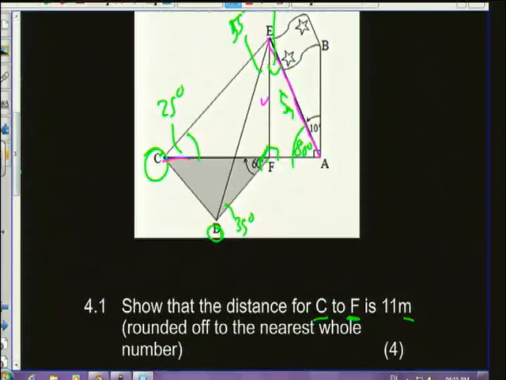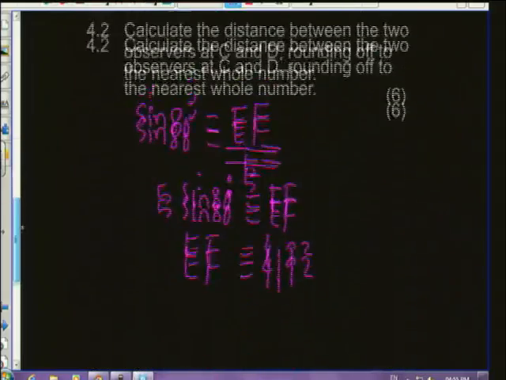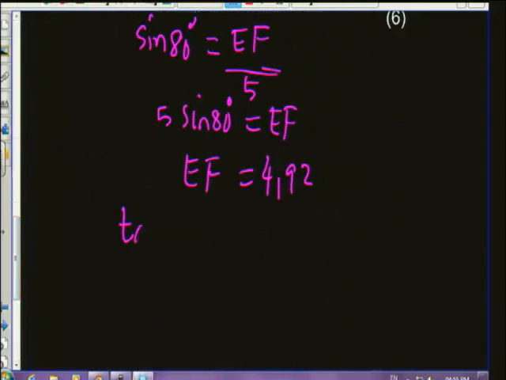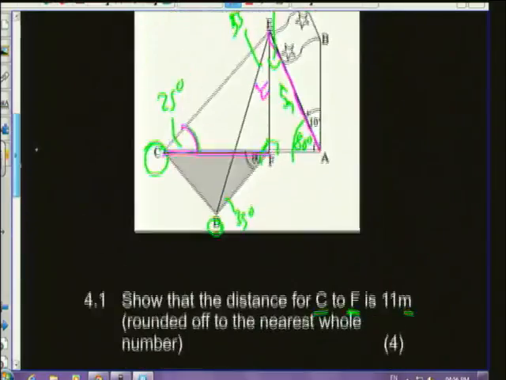Now, we need to work out this side. We have the angle here. We have that side now. So we've got Y and X and the angle, all right? So now, the trig ratio that deals with Y and X is tan. So it's easy now to work that one out. So we're going to say tan of 25 degrees equals, Y in this case is that EF 4.92, divided by CF,